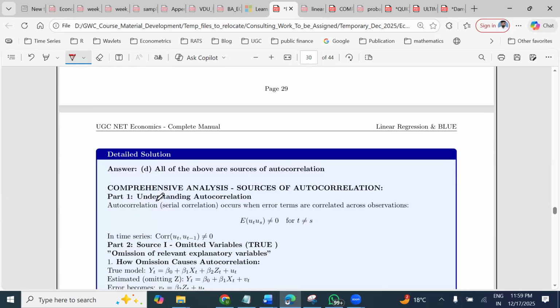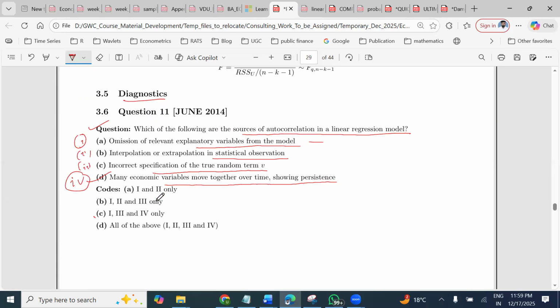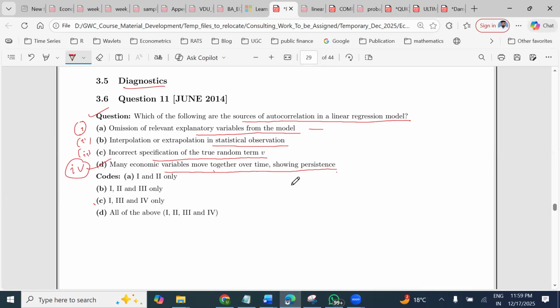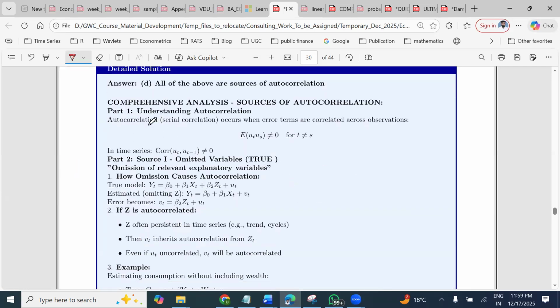So ideally the answer should be all of the above, because usually this is also very important. Many economic variables move together over time. Why? Because you just see,